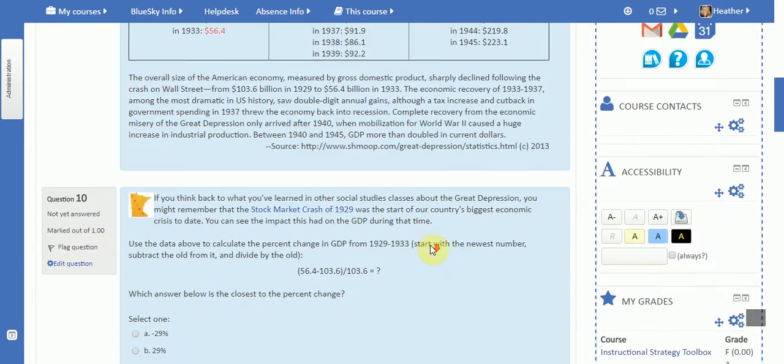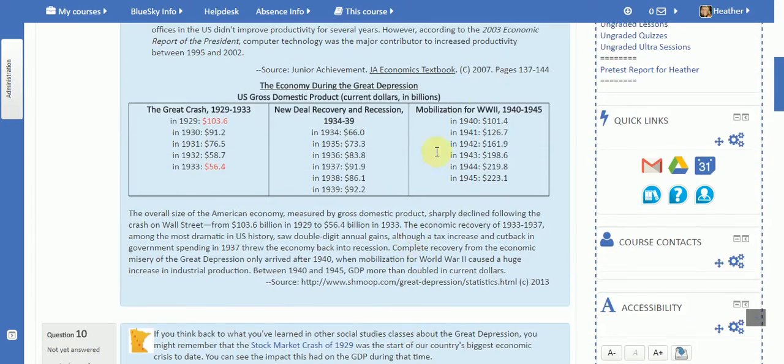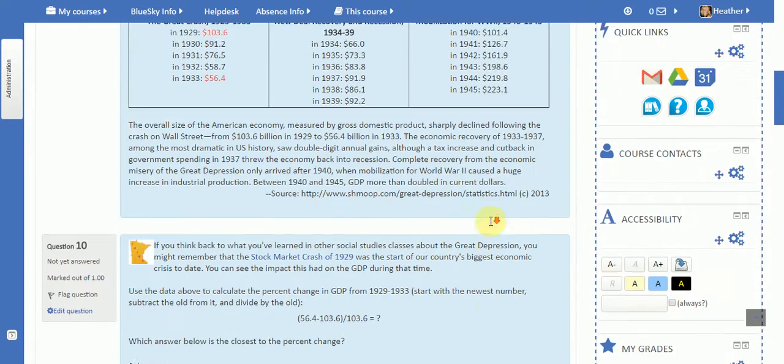Okay? So that being said, question 11 asks you to do the same thing, but to show once we were in World War II, or we were mobilizing and supporting World War II in Europe, what did that do to the gross domestic product of our country? In 1940, we started at $101.4 billion, and then in 1945, we were up to $223.1 billion. So our economy, I think most people could easily see it increased dramatically, but question 11 is asking, what was